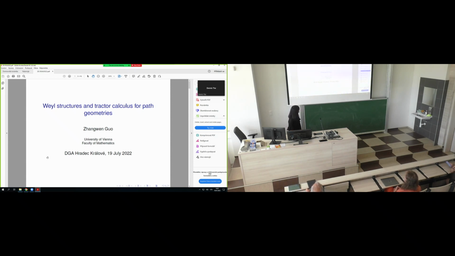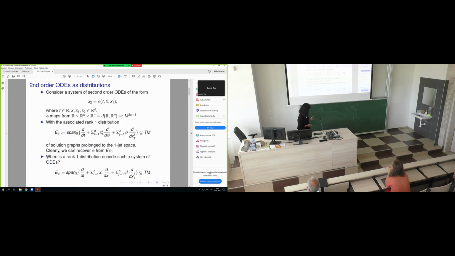Path geometry is a geometric tool for studying systems of second-order ODEs, like from R to Rn. So I will start from second-order ODEs. Consider a system of the form that assigns an initial condition to your desired second-order derivative, and then this system I will call phi, and its domain is R